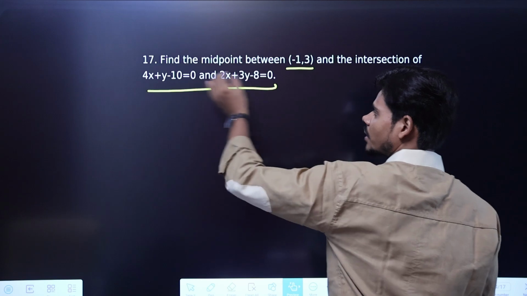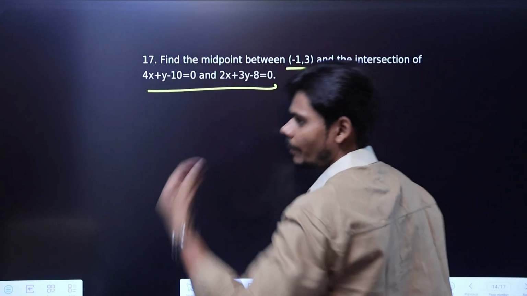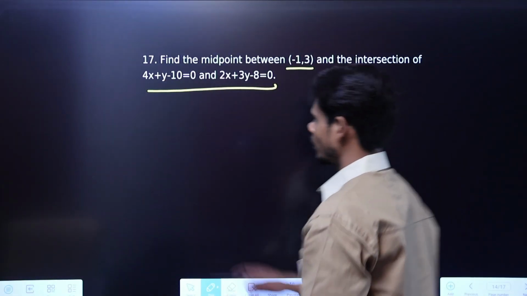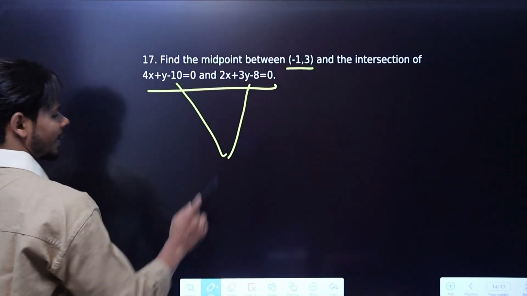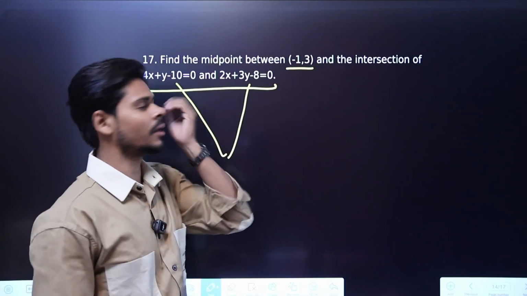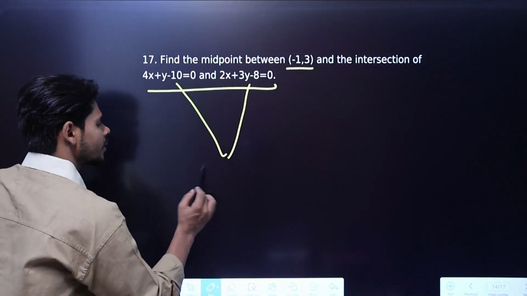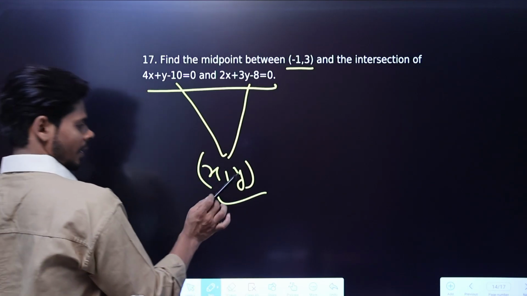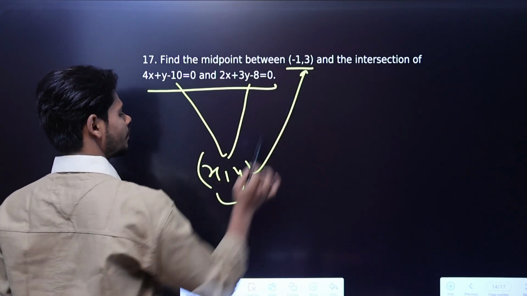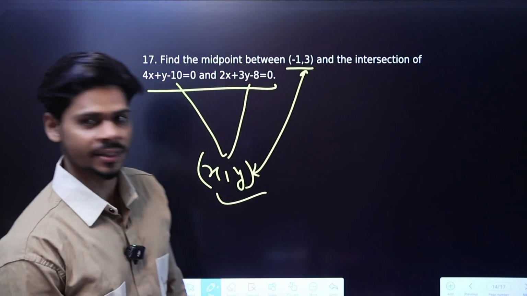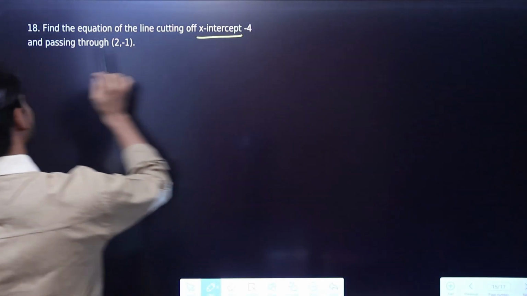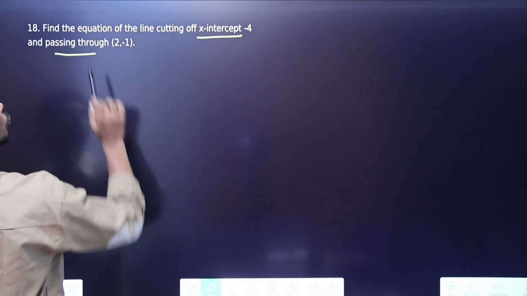If you want to solve this and this equation by the elimination method, that's your choice. Just find the intersection points. I have already explained these little things. From here you will get x and y as a coordinate, and then just find the midpoint from these two points. That's it. Next, find the equation of the line cutting off x-intercept minus 4 and passing through 2 comma minus